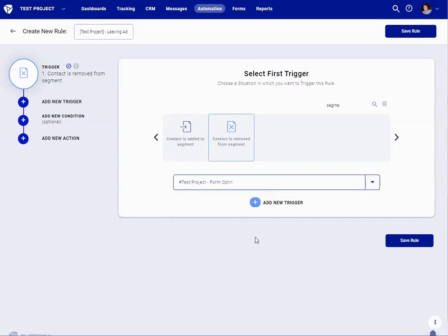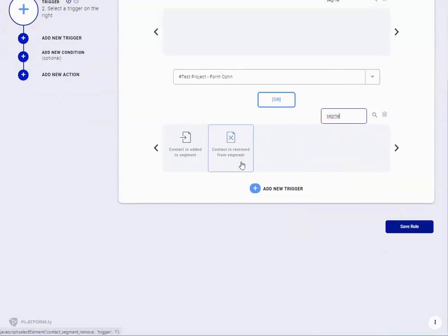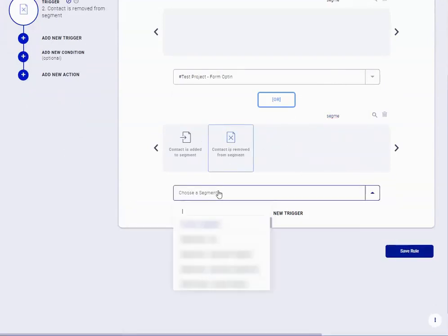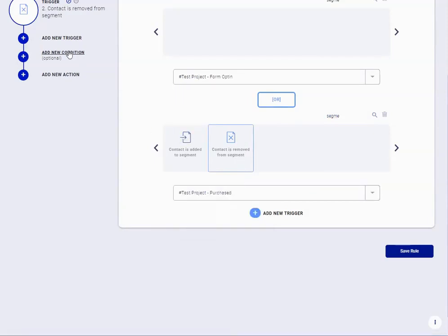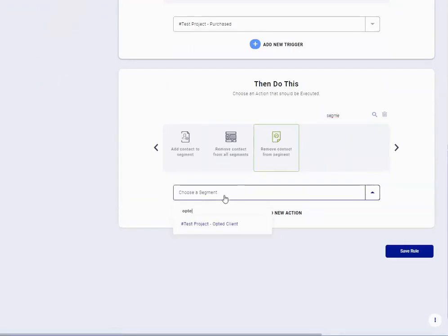So if he's removed from opt-in, or again segment is removed from purchased. Okay, so in this case we can add, but also we don't need a condition because specific action happened. They were removed from form and purchased, and we know basically that if it is removed from any of them, then we should remove it from segment opted.